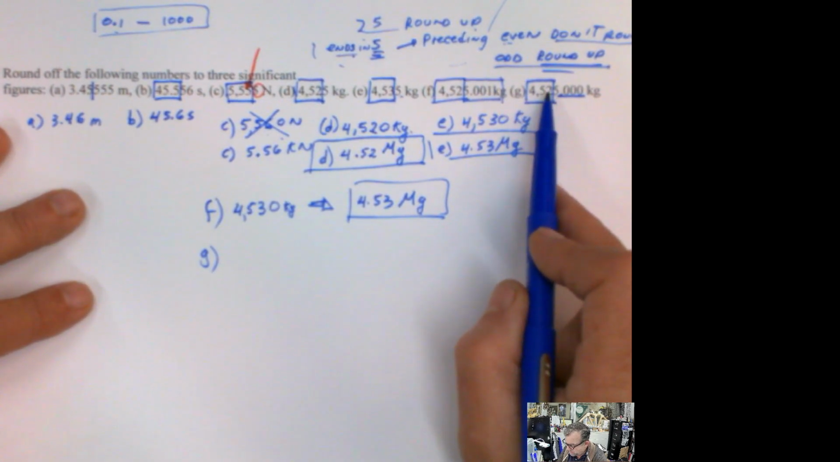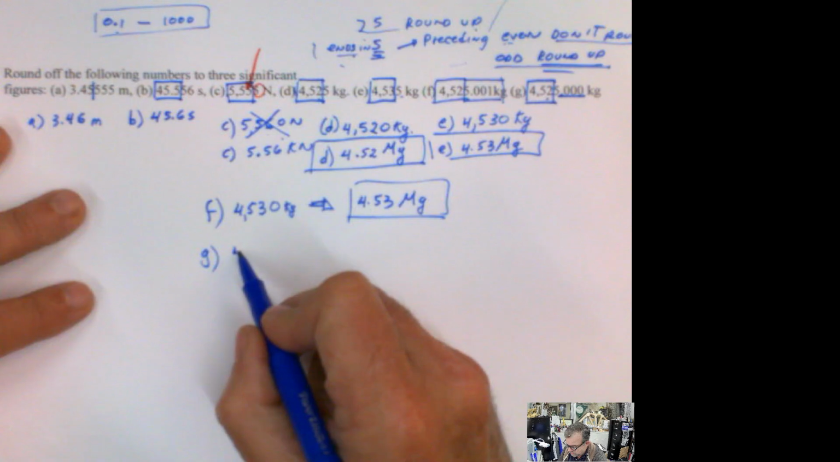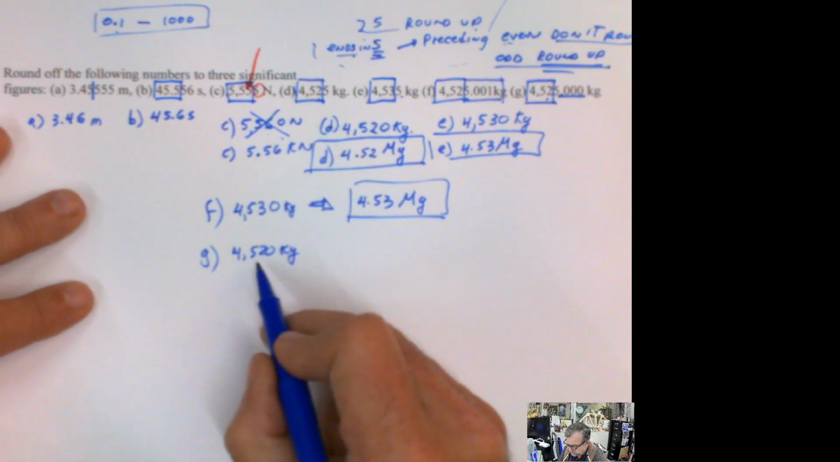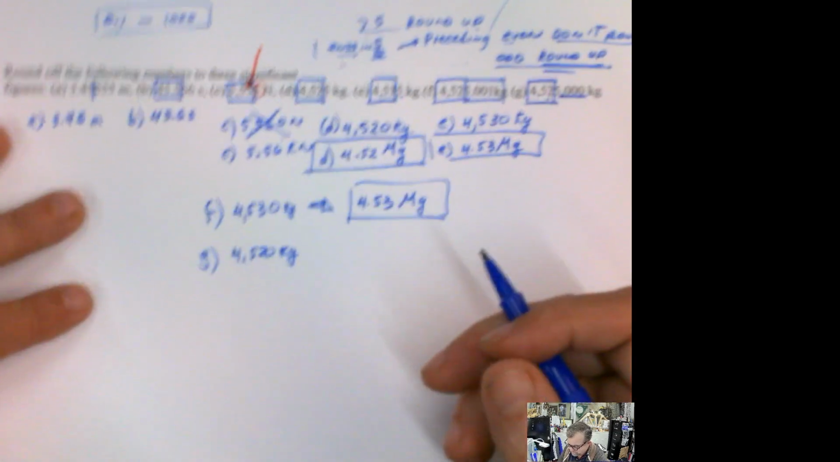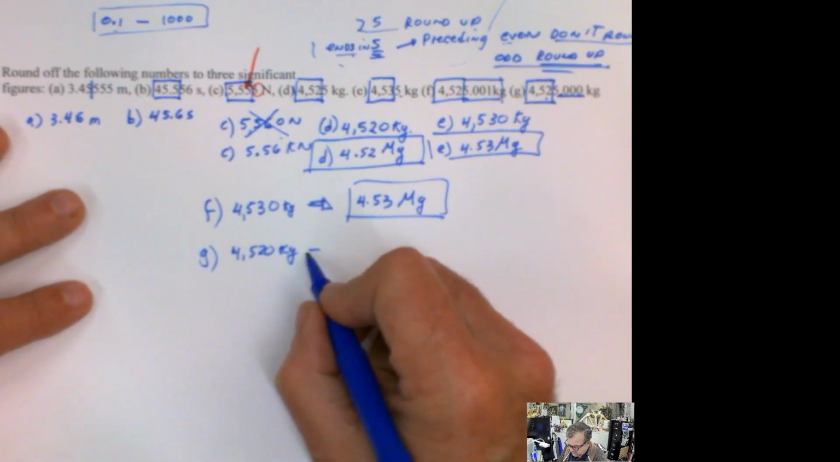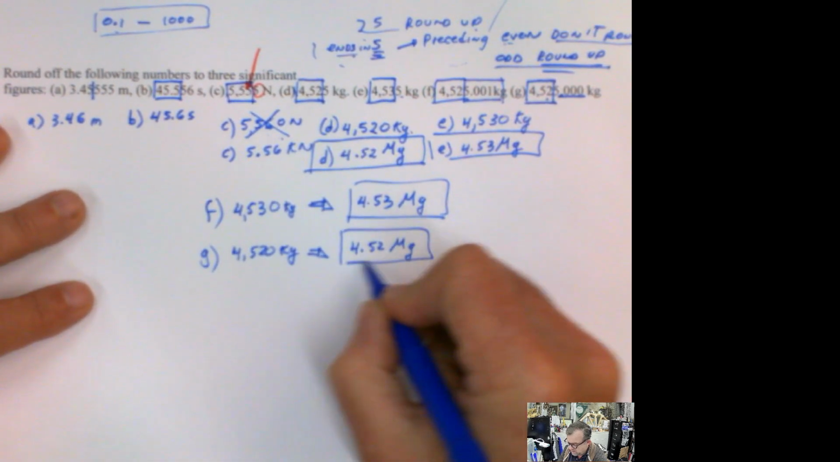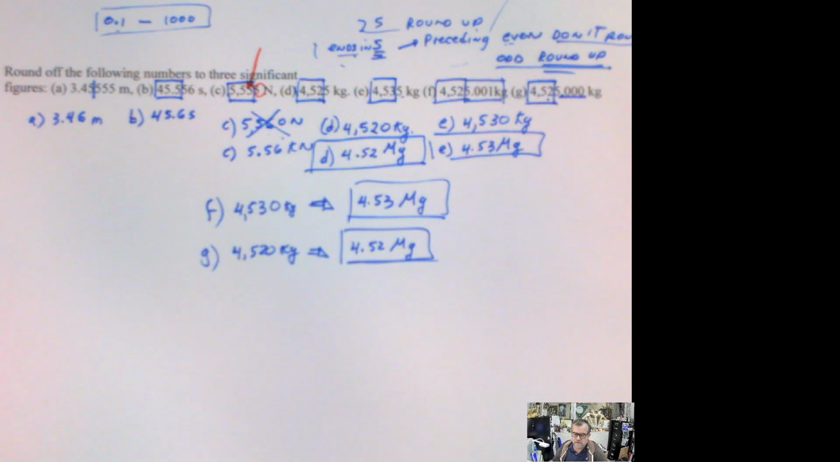Now we look at the previous number. The preceding number is 2, and 2 is an even number, and if it's an even number, you don't round up. So the number will be 4,520 kilograms. But because this number is bigger than the range that we established at the beginning, from 0.1 to 1000, then the correct answer would be 4.52 megagram, and that would be the answer for that one. These are some of the most difficult examples of expressing a number in significant figures,